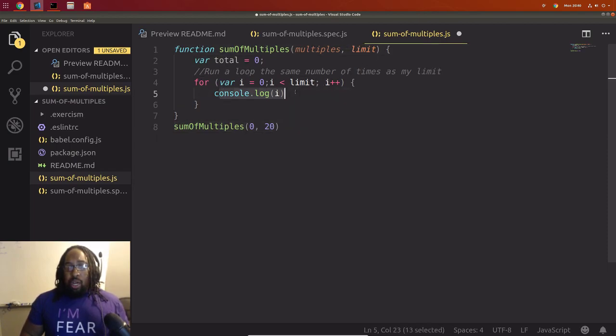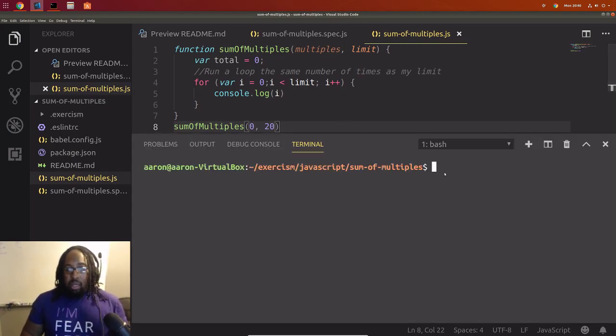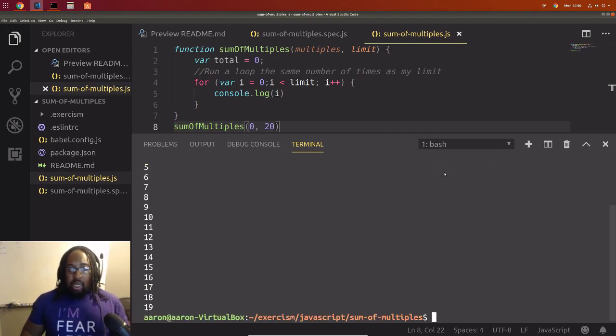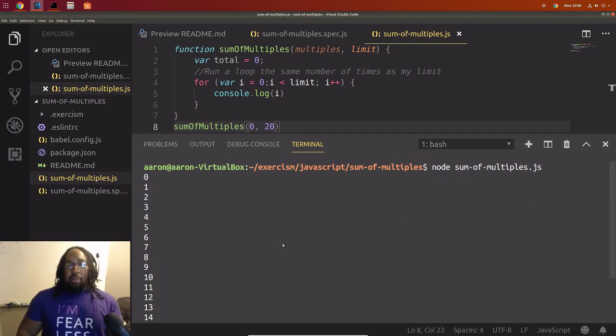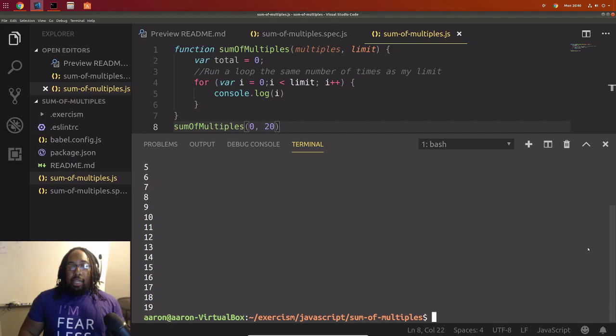Basically, this should run 20 times, and it should print out the numbers 0 through 20 or 0 through 19 or something. Let's see here. Let's go node sum of multiples.js. Awesome. Perfect. Starts with 0, goes up to 19. Why does it only go to 19?